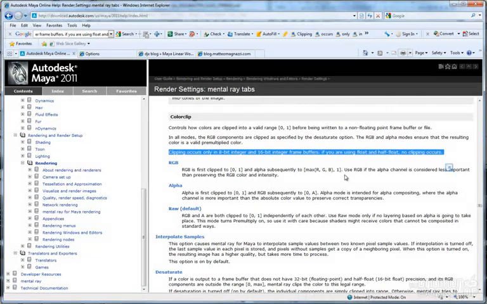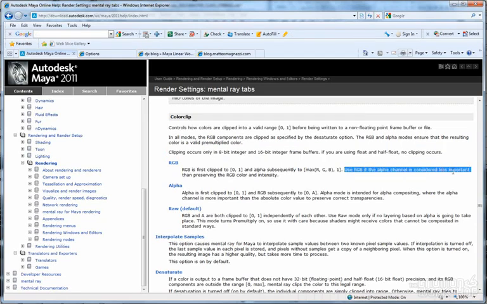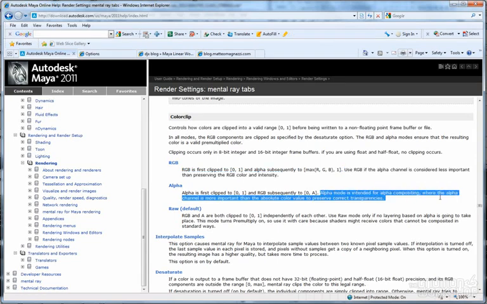Briefly, just to explain what these options are: if you choose the RGB option under the color clip section, use RGB if the alpha channel is considered less important than preserving the RGB color and intensity values. Alpha mode is intended for alpha compositing, meaning when alpha is important you should use this mode. But since we are using the 32-bit floating point image output, these three options are not really important, so I always leave it at